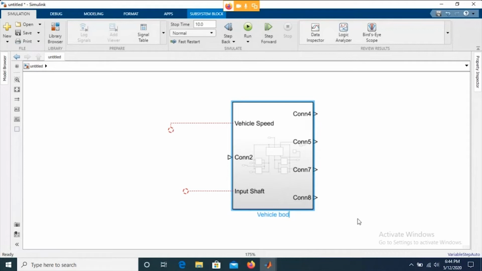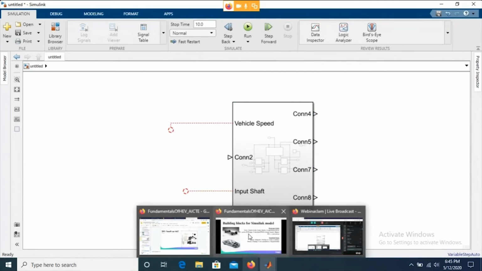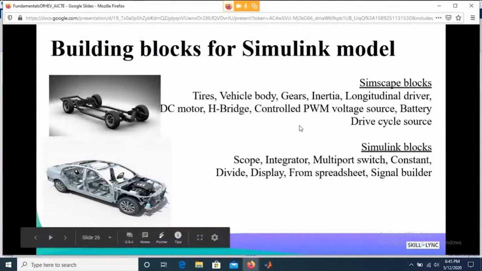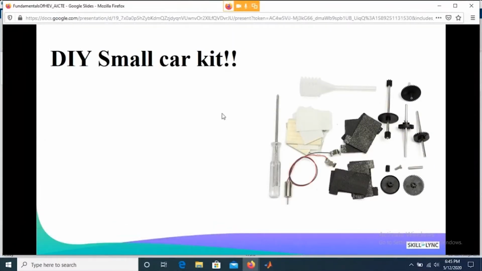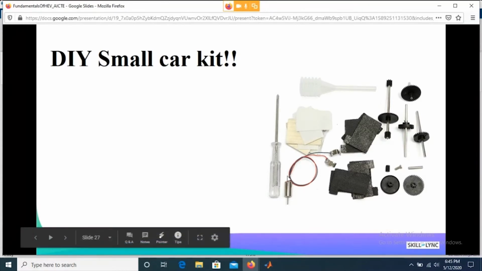So guys, what exactly are we doing in the simulation? Let's get out of this and try to understand what exactly we are doing. Let me share one analogy with you, right? You might have worked on a do-it-yourself small salt car, right? This is a kind of kit which comes with the parts of a small car, right? What you have here is basically a screwdriver. This is a permanent magnet, very small DC motor.